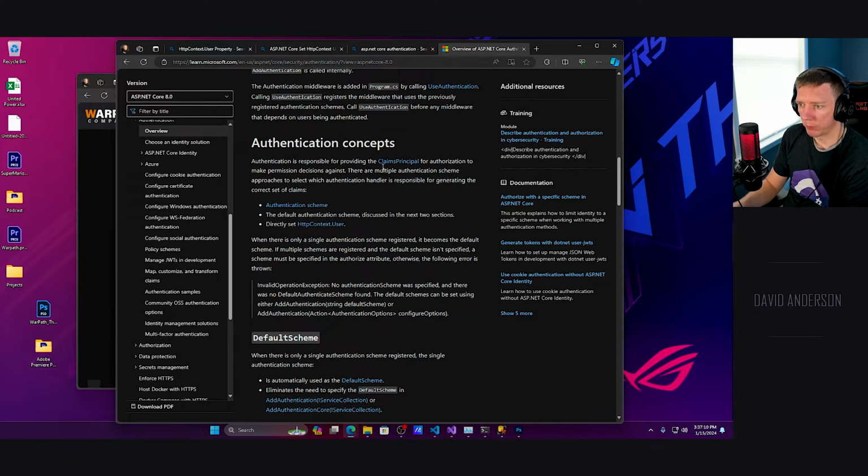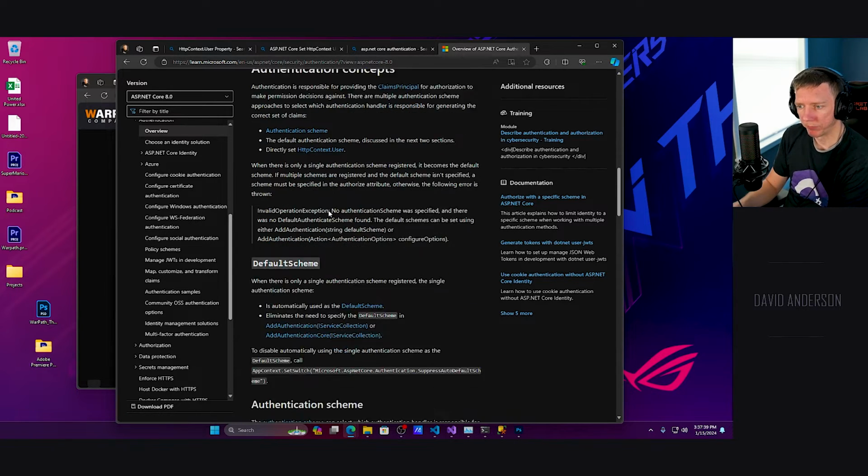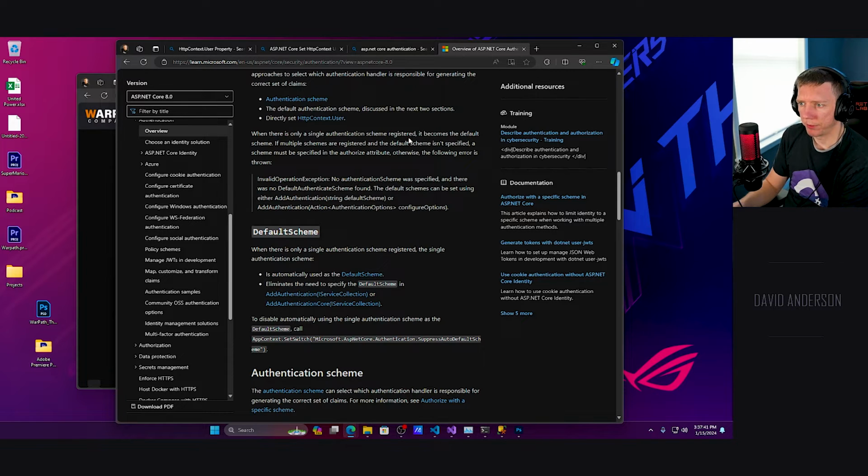Authentication is responsible for providing the claims principal for authorization to make permission decisions against. There are multiple authentication scheme approaches to select which authentication handler is responsible for generating the correct set of claims: authentication scheme, the default authentication scheme discussed in the next two sections, and directly setting HttpContext.User. If there's only a single authentication scheme registered,